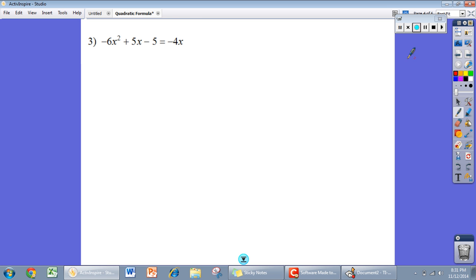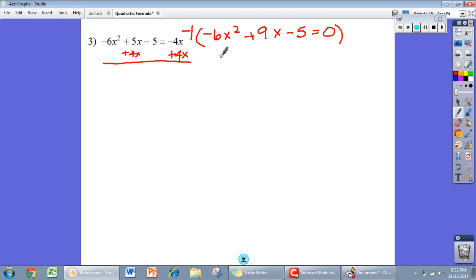Here's my third example. Again, we need to get the right-hand side equal to 0, so we're going to add 4x to both sides. So this is a negative 6x squared plus 9x minus 5 equals 0. Now, hopefully you notice that this is the first time we've had a negative to start out our quadratic, and you know how I feel about anything starting out with a negative. It's got to go. So we're just going to multiply both sides by a negative 1, and then we get